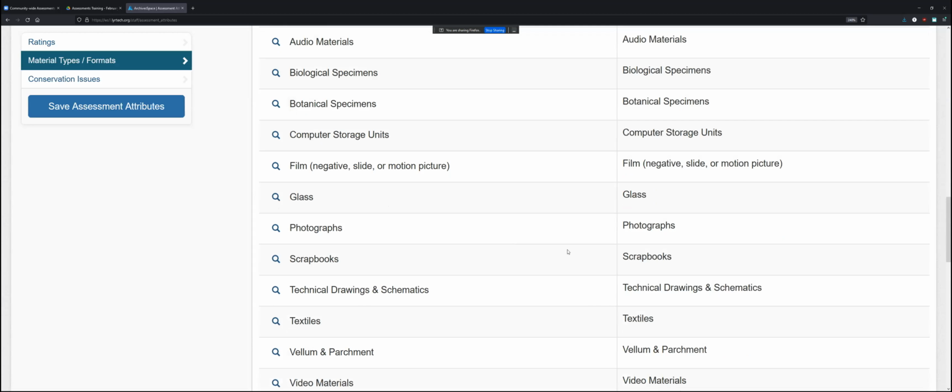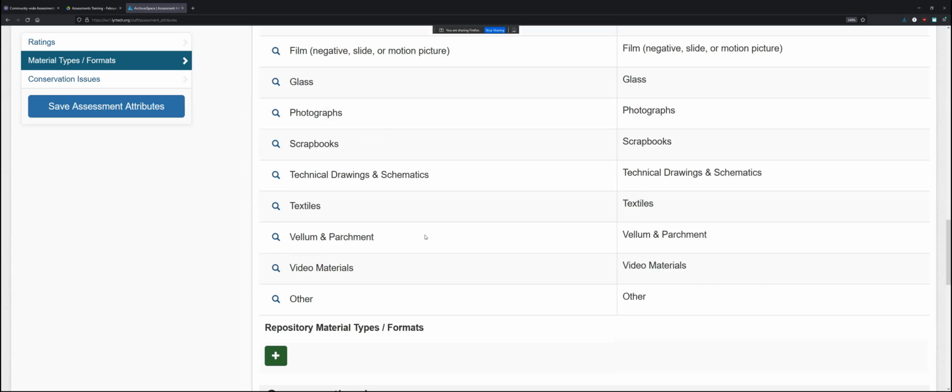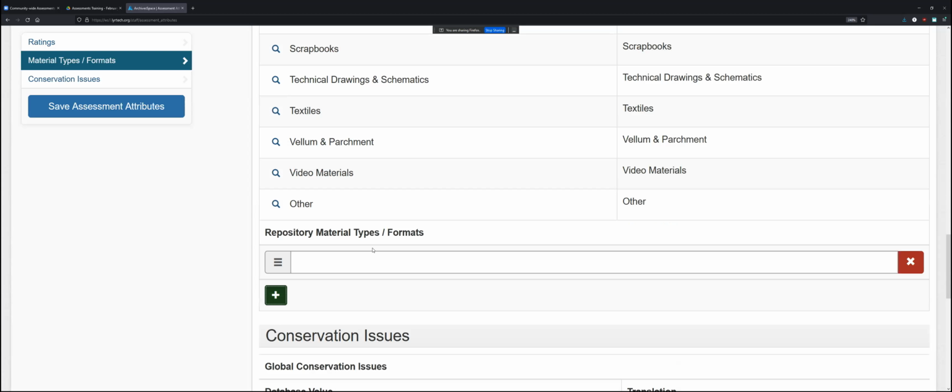But there's always a case of not having it listed because of how many types and formats there are possible out there. And these may not be as specific as you want them to be. Maybe you have so many collections with specific things in them, you want to add that. You have the ability to add up to 10 more, just like the ratings. And you can say you have a lot of